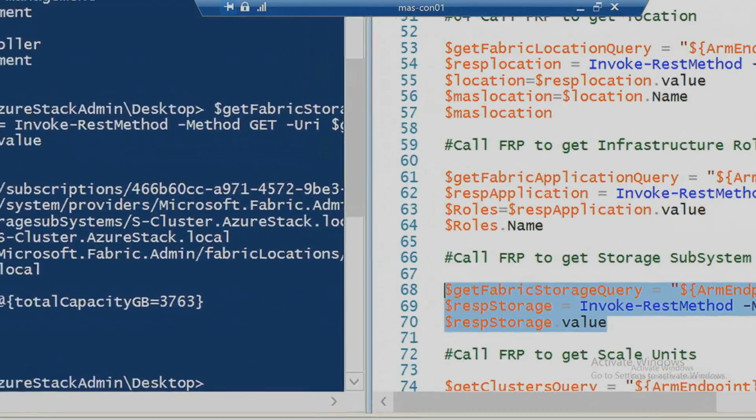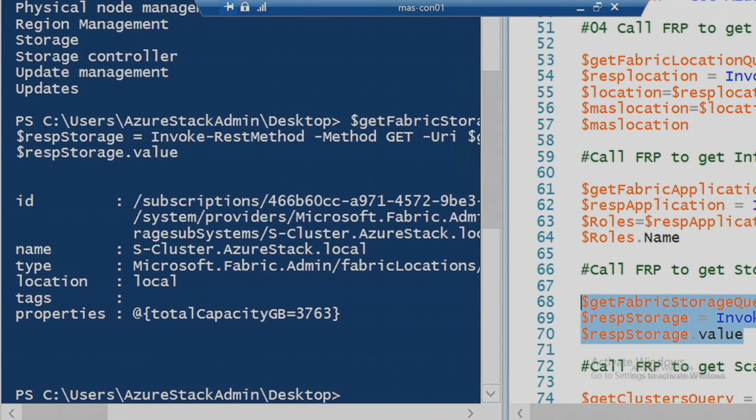Let's take a closer look at the response. We retrieve the name of the storage subsystem, and we retrieve properties. What we learned is that the total capacity available in that system is 3763 gigabytes of available storage space.